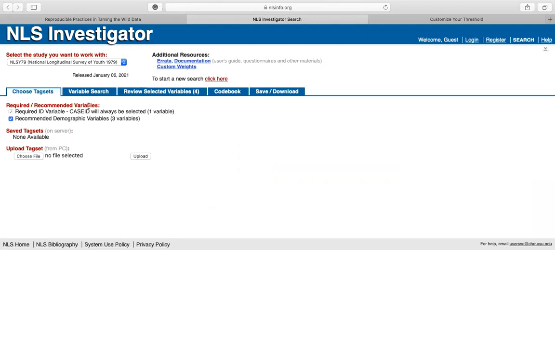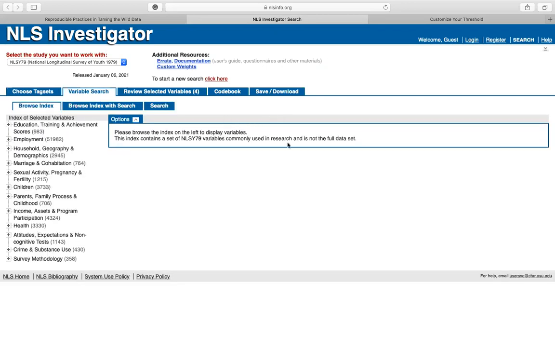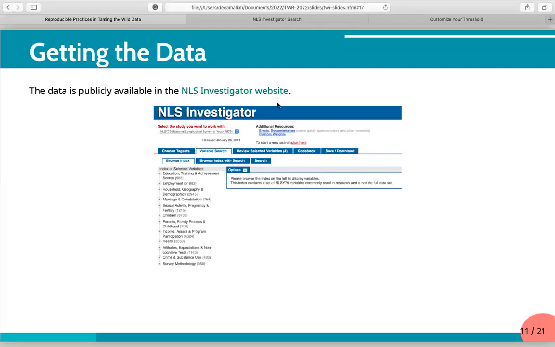We can just upload it, and it will automatically generate the variables, and then we can download the latest data available on this website. But if we haven't downloaded before, we can search the variable, select it, and then download the data. So it is quite straightforward.